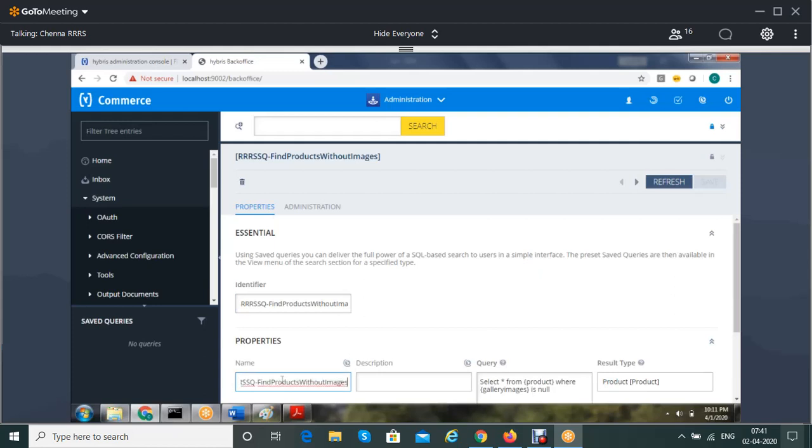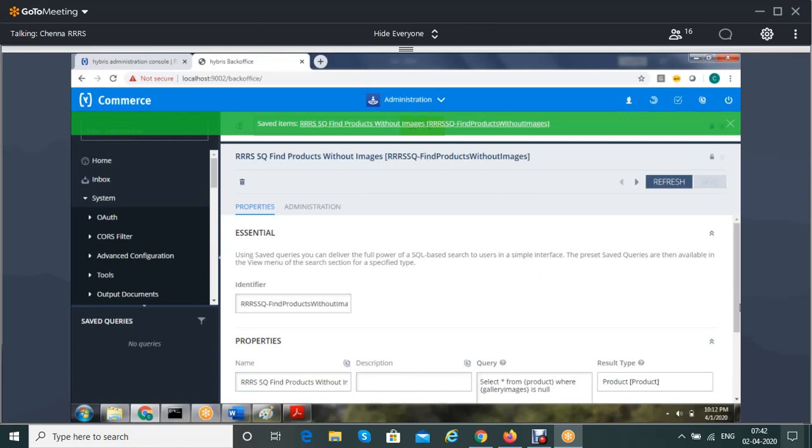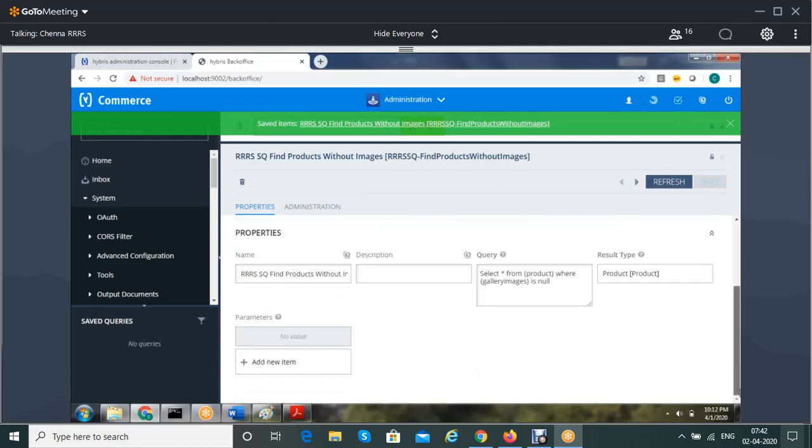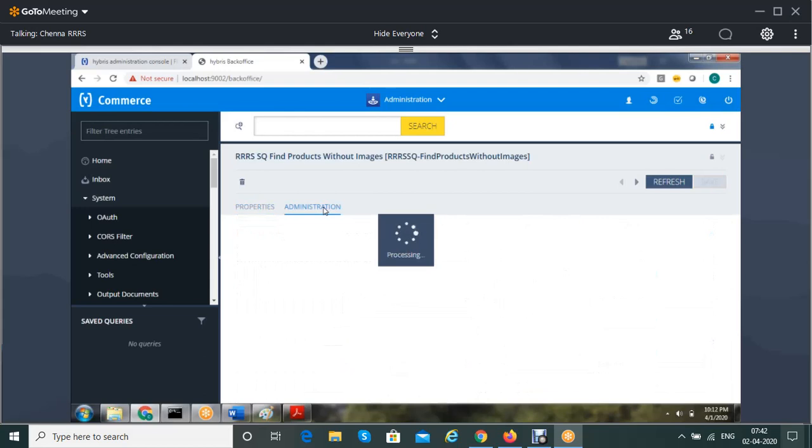I'll just copy this and paste it, and I'll use spaces. If you want to give a description, you can, else you can leave it. And this is how you created the saved query.